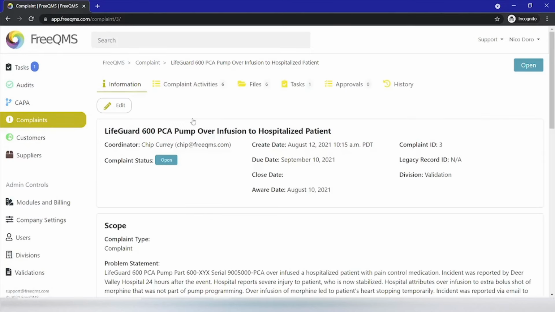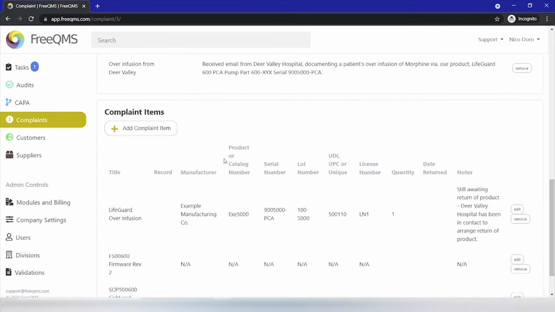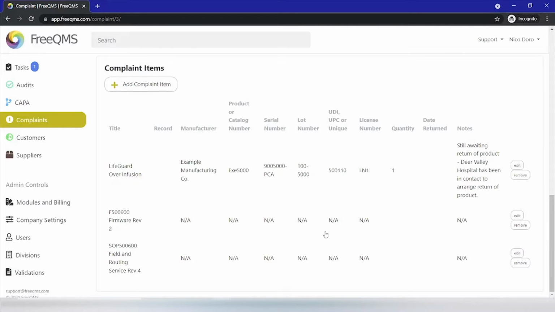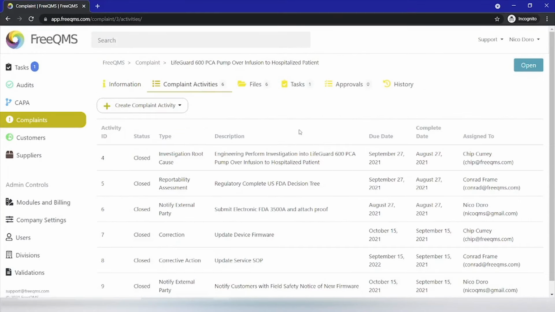In part 1 of this video series, we created the initial complaint. In this complaint, an infusion pump our company manufactures over-infused a patient. The patient's heart stopped temporarily. This was reported by the hospital. We added a source and the part information for the pump. In part 2, we switched to the Activities tab and investigated the complaint, and determined that this pump infused an